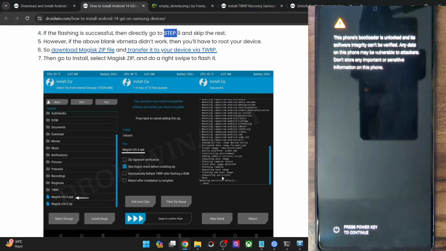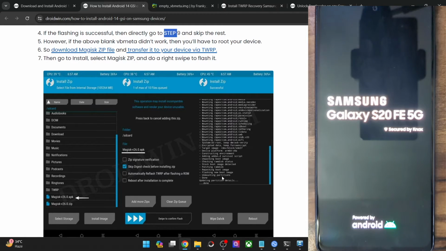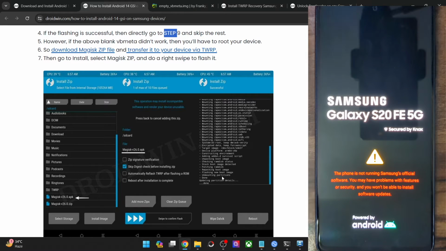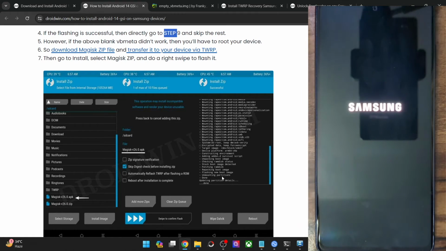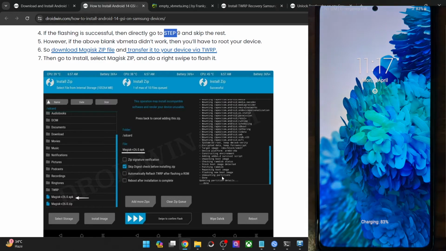So for that, you have to transfer the AP file to your phone, and transferring will again take some time because the AP file is around 9 to 10 GB. Then you have to patch that heavy file. After patching the file, again transfer the file to your PC, then load the file to the AP slot. And after that, you will again have to load the rest of the firmware files as well. And you have to load the CSC file and not the home CSC, because a wipe is mandatory in case you are rooting your phone via the patch AP method. And only after that you will obtain root.